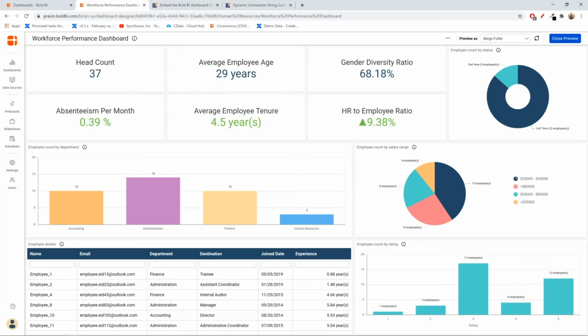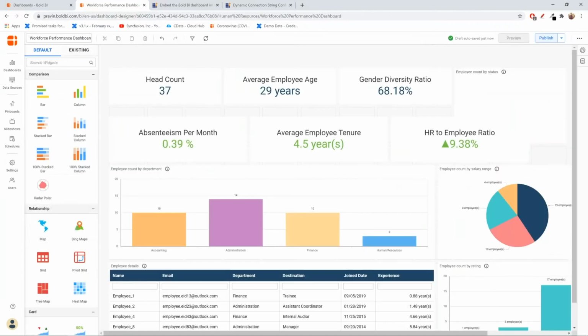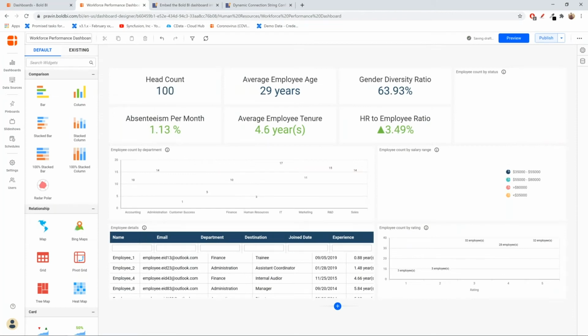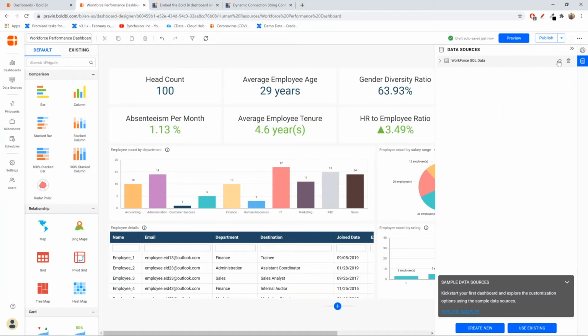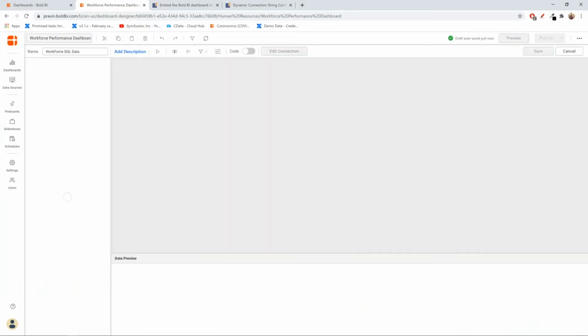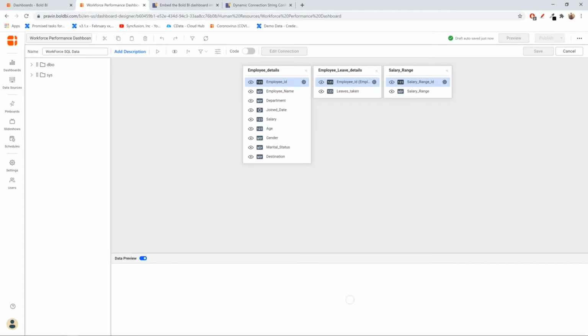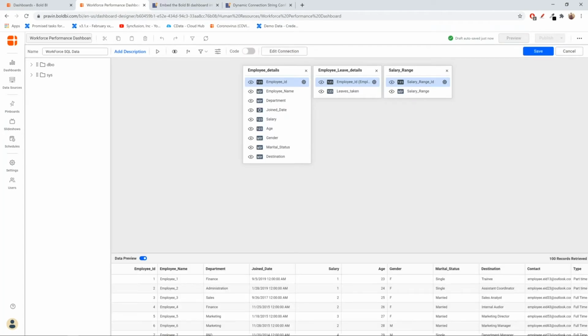So what about the other users for whom we have not configured anything? When we configured the user-based mapping, we just configured for Andrew and Bugs. We didn't do any mapping for the other users. So what is the dashboard going to look like when they log in and take a look at the dashboard? The answer would be they won't be able to see any data in the dashboard unless we explicitly mention that they should see something, right?